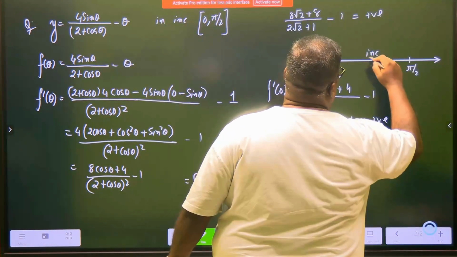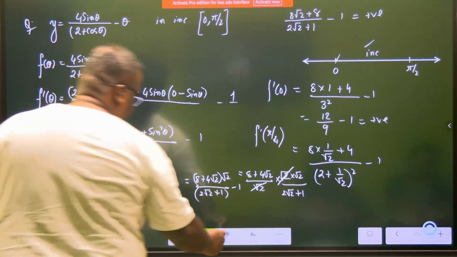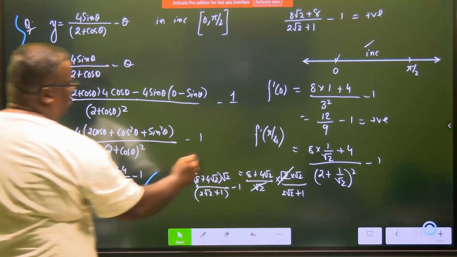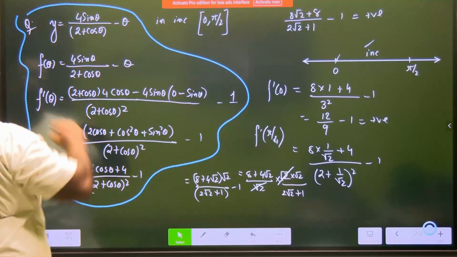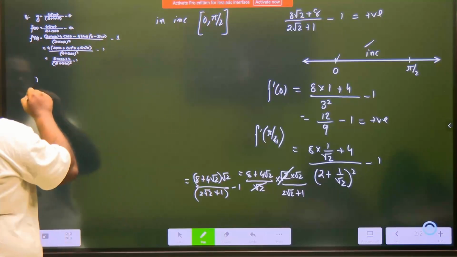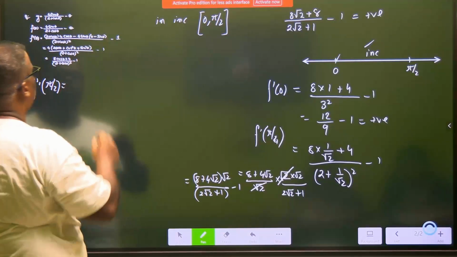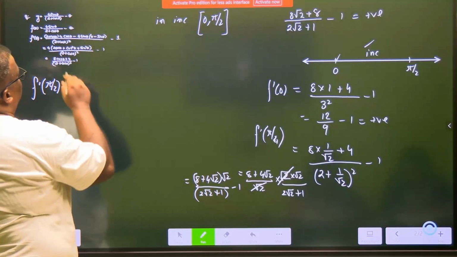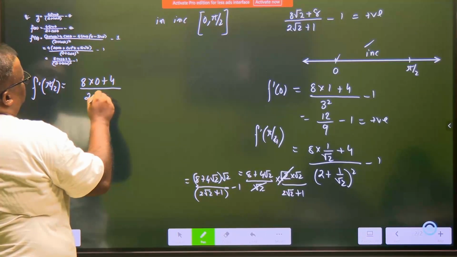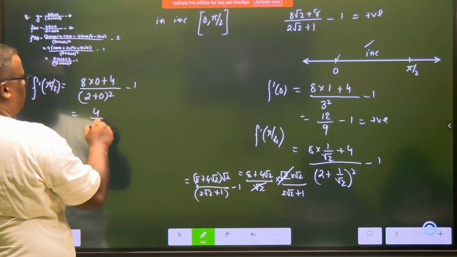Here also increasing, and now we need to check for pi by 2. Shall we? We're going to check for pi by 2. So let's write f dash pi by 2. F dash pi by 2 will be 8 into 0 plus 4 divided by 2 plus 0 whole square minus 1. This is quite easy. So this is 4 divided by 4 minus 1,